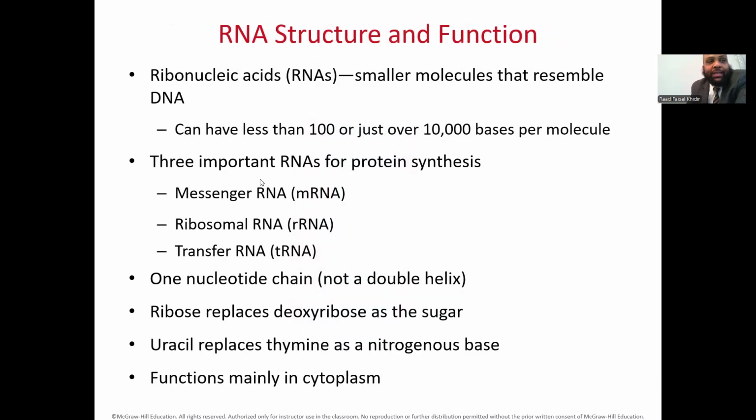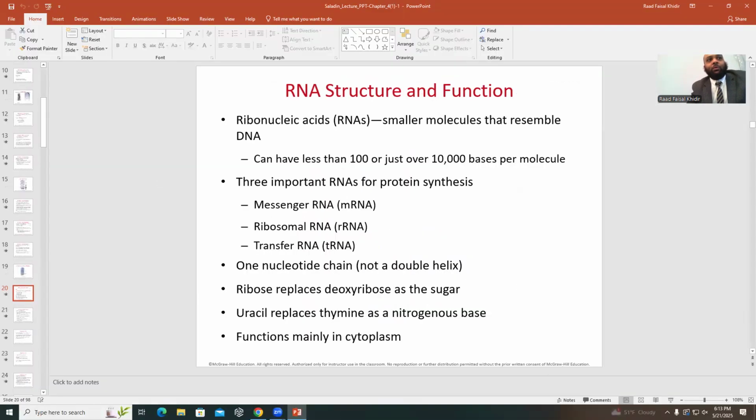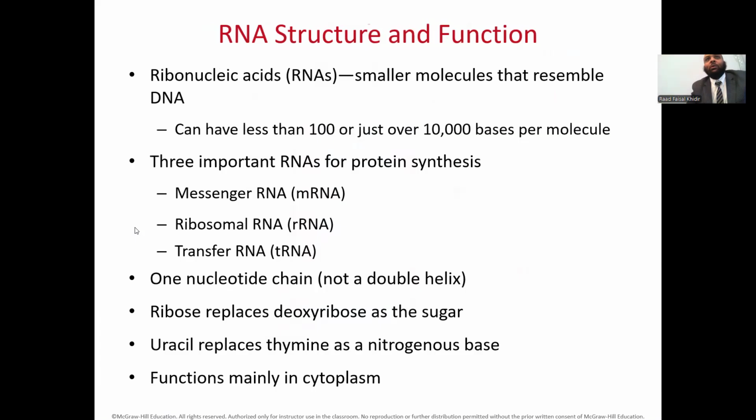Now we finished with DNA. Now we're going to look at the RNA structure and the function. Now, RNA represents smaller molecules that resemble the DNA. It can have less than 100 or just over 10,000 bases. So there are 3 classes